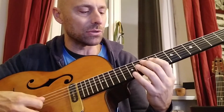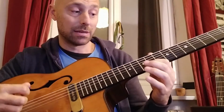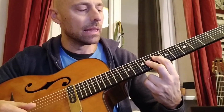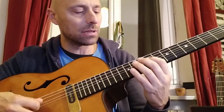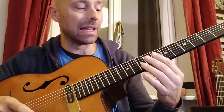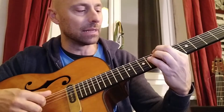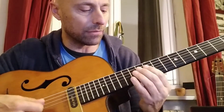But that last note is interesting because these are all from the diminished, and then you have this last note right here, which in reality could be looked at as the flat 9 of C7. So again, he's using the F diminished, finishing off that line with a C sharp, which is obviously the flat 9 of C, would be this chord right here. So again, from the top,